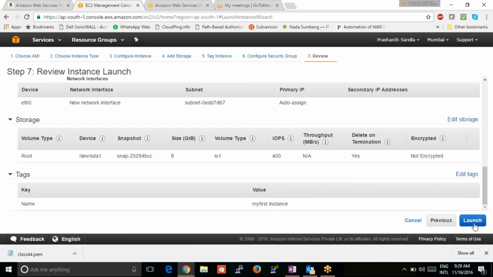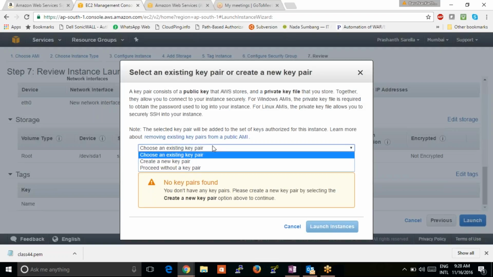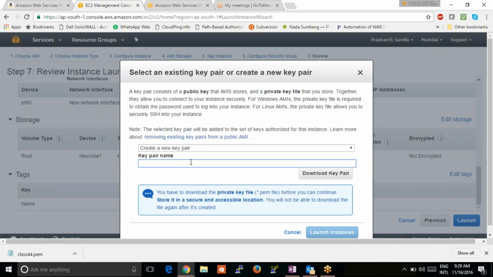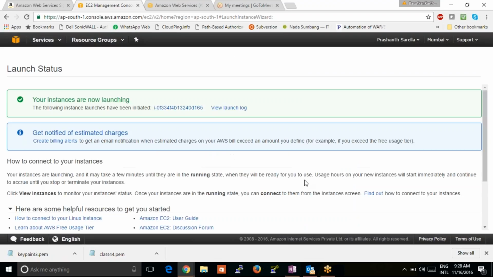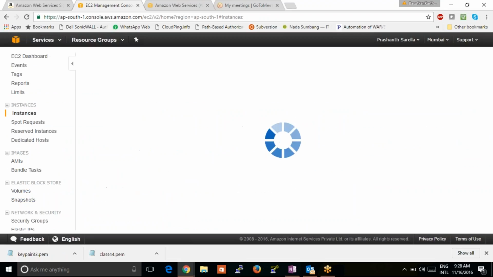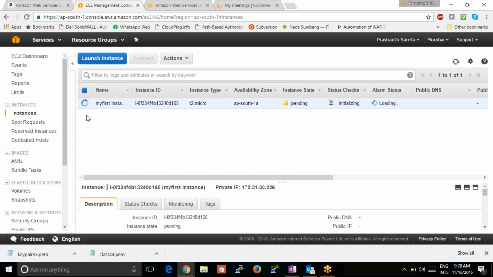That's it. Good, launch. And create a key pair, new key pair, first time launching, right? I'll name it key pair 33, download key pair. Yeah, launch instance. Your instances are now launching. Just click on view instances. So from here, under this